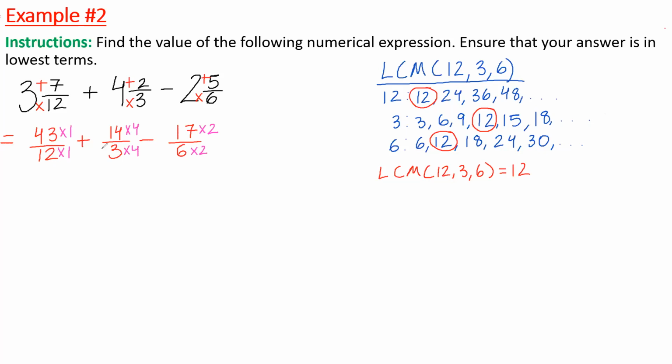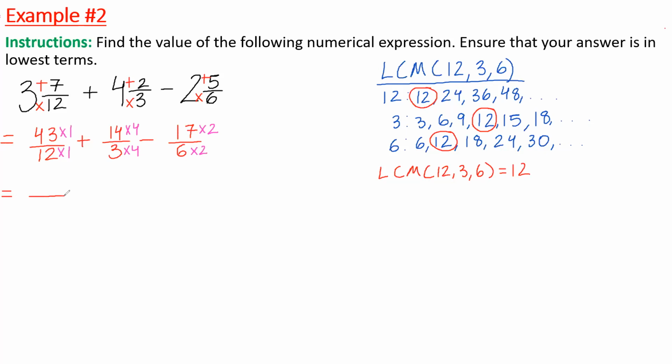And so we say 12 times 1, which is 12, 3 times 4, which is 12, 6 times 2, which is 12. So all the denominators are gonna be 12. But the only thing is that whatever we do to the bottom, we must do to the top in order to find equivalent fractions. And so we say 12 times 1 is going to be equal to